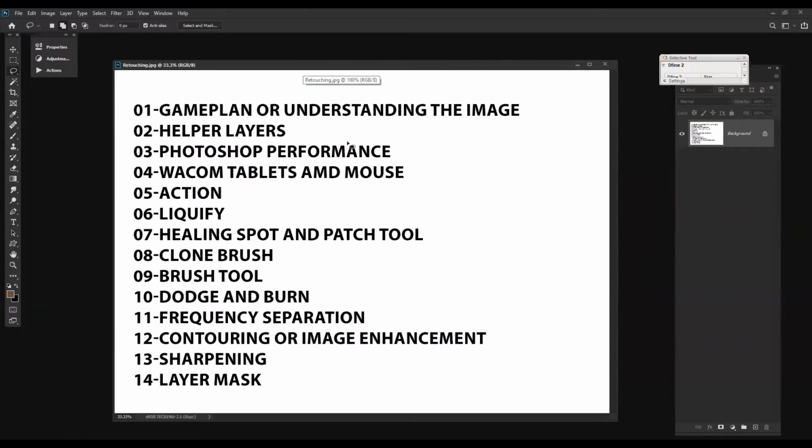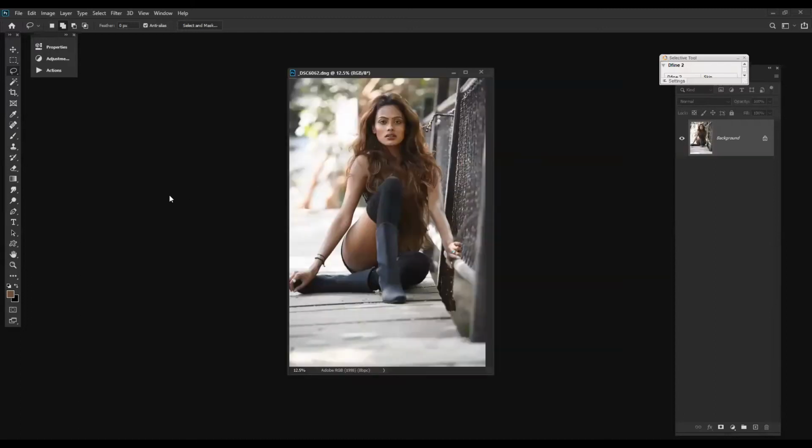The first part is game plan or understanding the image. What is this? Game plan or understanding the image is a part where we first prepare what areas we have to work in and what corrections we have to do. That's the basic theme or game plan of editing an image. Let me start off with the zoom.